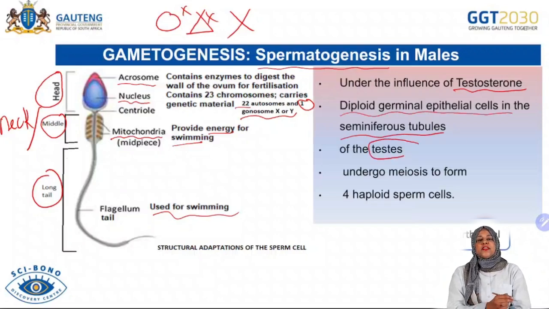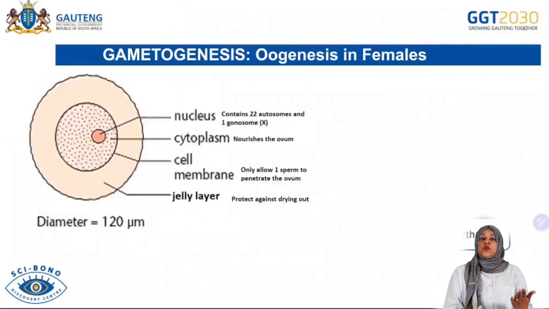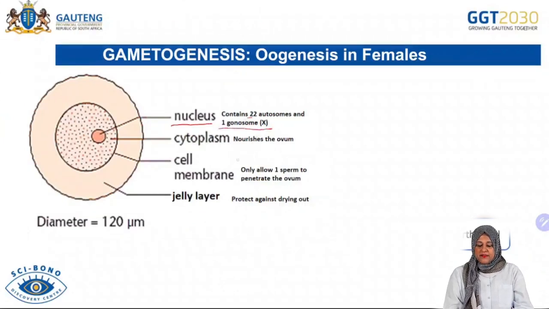Now we look at gametogenesis in females, which is called oogenesis. Here we have the nucleus that contains 22 autosomes and 1 gonosome. Now remember, the gonosome for the female can only be X. X and X is a female, so we can only produce X gonosomes. There's a cytoplasm for nourishing the ovum. There's a cell membrane that allows one sperm only to penetrate, and a jelly-like layer to protect the ovum against